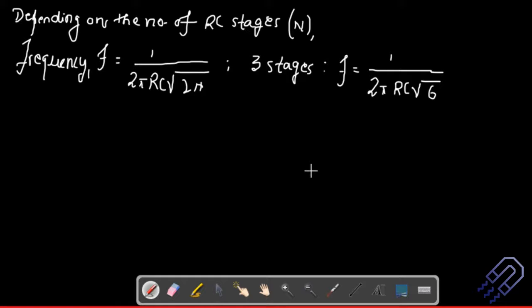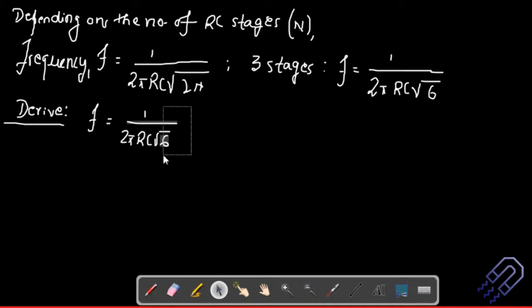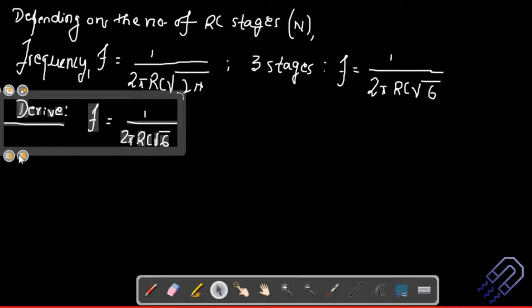So the thing that we're going to do now is derive f is equal to 1 divided by 2 pi RC root over 6. And if I just keep typing, I cannot type because there are a lot of equations that we do. But before that, I will just draw the circuit. So I'll probably go to the next slide. Try to make it a bit easy.